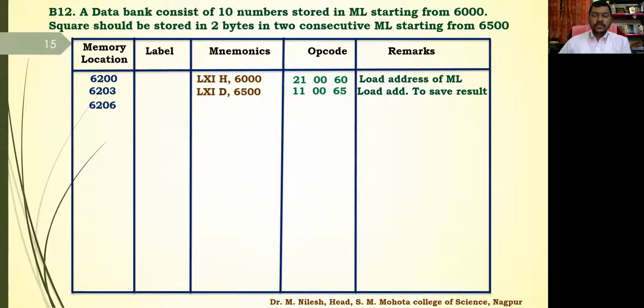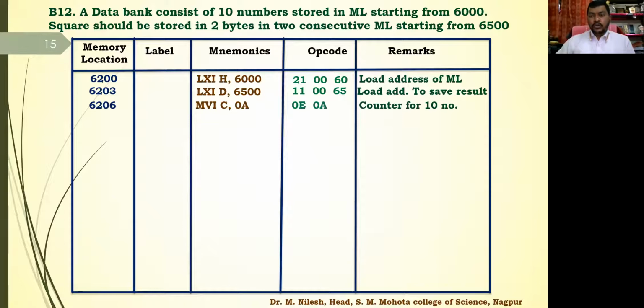Now the next instruction is to load the counter. Now this is very important. So we are going to load the counter in register C. What I need to tell you here is we are going to use register C twice. We are also using this register C in the subroutine. So we should know what we are going to do. So we are using this register C to load the counter to use in a loop for 10, because we have 10 numbers, right? So we are loading this C.